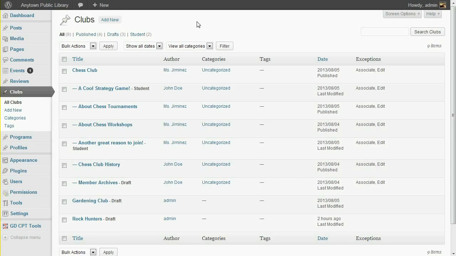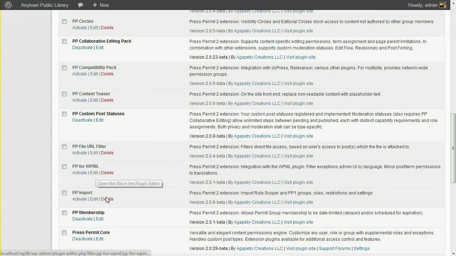How to use a permission group to grant access to a private page, then add members to that group, some with a delayed membership date or a membership expiration date. Most of this example requires only the Press Permit Core plugin. For membership delay and expiration, you also need the PP Membership Extension plugin, which is part of the Press Permit